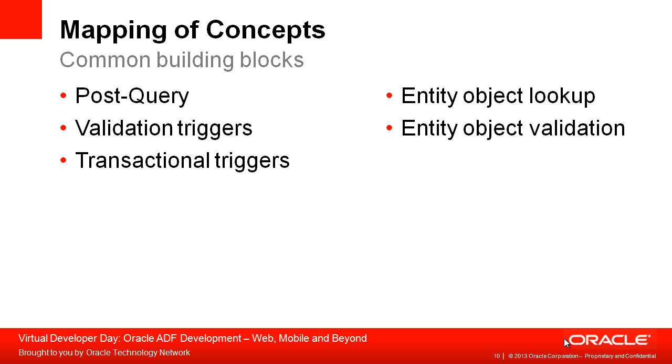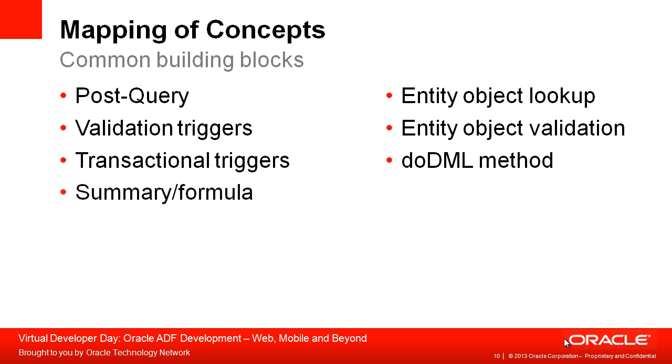In Oracle Forms, you'd have your transactional triggers, whenever you create a record or post data or commit data back to the database. Well, there's a hook or a method within ADF called doDML. And any code you put before the doDML is in effect a pre type of trigger, and anything you put afterwards is a post style of trigger as well. So you can see that essentially these concepts are mapping quite closely, albeit that it might be slightly different names that we have to learn.